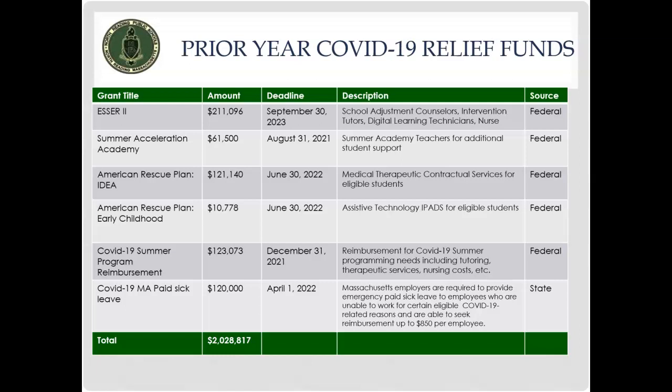We did receive additional federal and state funding, to the tune of a little over $2 million, going back to about fiscal year 20 and 21. So a lot of funding that was there.